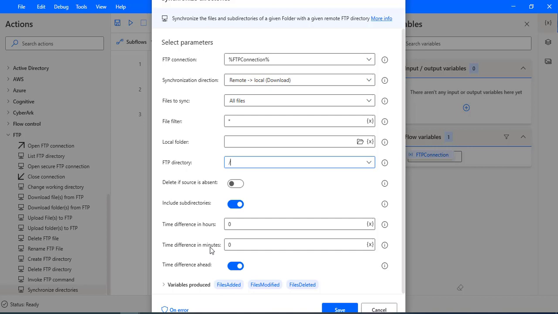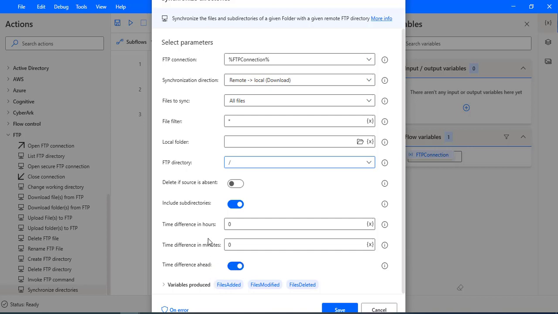For example, my FTP server is in a different time zone and the download local folder is in a different time zone. In that case, you will check how many hours or minutes of difference you have, and define the values here. If you see here, the time reference is ahead or lagging. In that case, you will define these values.